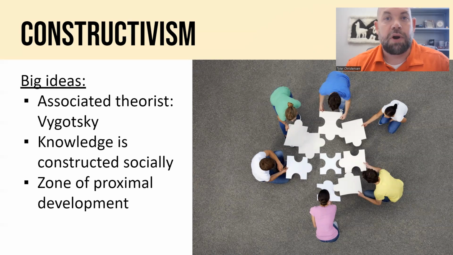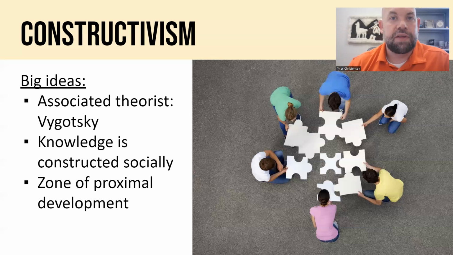He talked about the zone of proximal development, where you would have a more expert learner and a more novice learner, and the expert would coach or support the more novice in learning. And it's really important then that we have teachers and that we have coaches. And of course, this can also happen in peer groups, that peers that might be more knowledgeable can help their friends. And so that is constructivism.